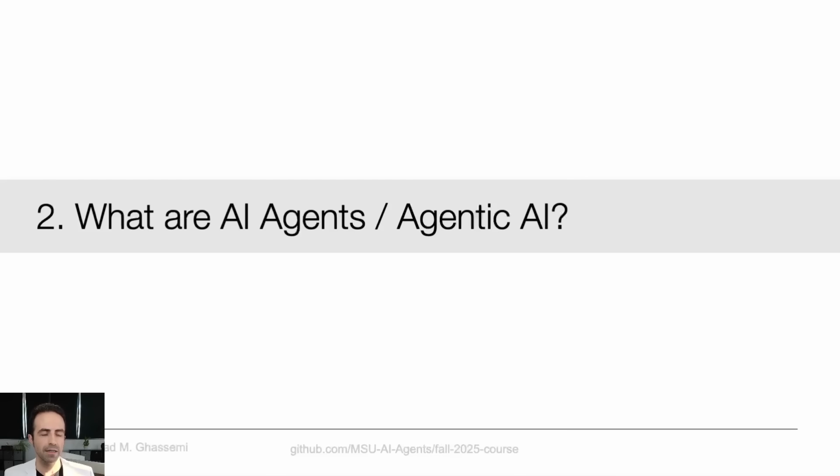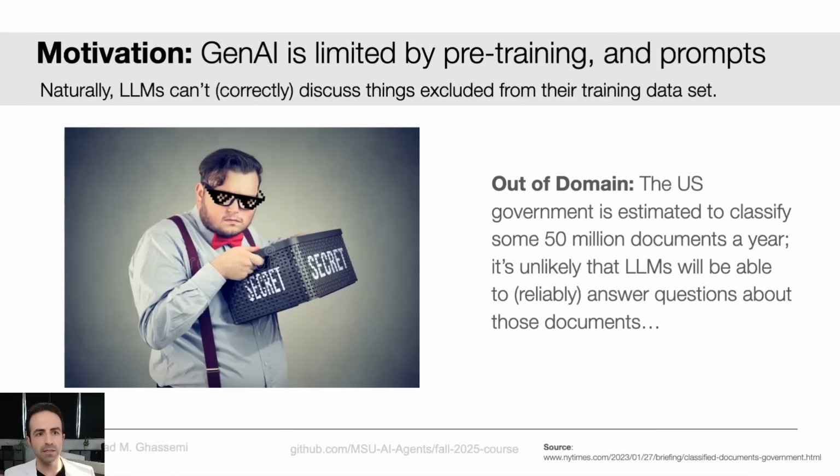Agentic AI is the next natural step in that evolutionary process, and it's grounded in real issues that generative AI systems have, many of which you're probably familiar with if you've used AI systems or generative AI systems, and if you haven't, you really should go check those out. You're about 3 years late to the game. Okay, so let's talk about what the limitations are, because if you don't understand what's challenging about generative AI today, you won't understand why there's an interest in AI agents and agentic AI.